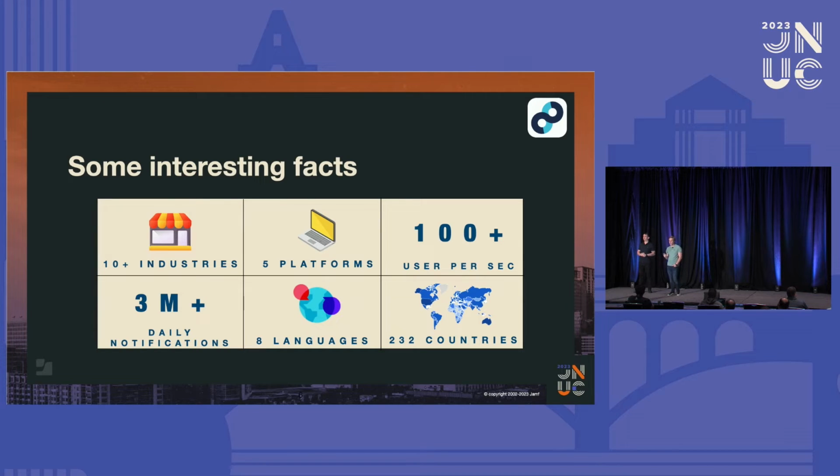So we do support over 10 industries, from financial services, real estate, gaming, telecommunications, education, I could go on. As I said, we try to solve generic problems, not focus too deep into one industry. We already mentioned the multiple platform support. And of course, our apps on Jamf Security Cloud, which we'll talk about in a second, and Jamf Safe Internet,